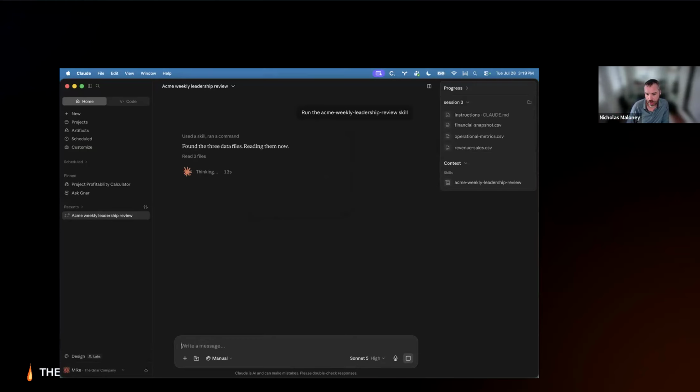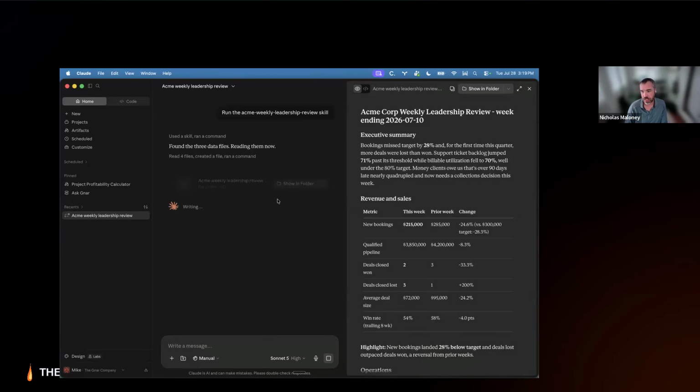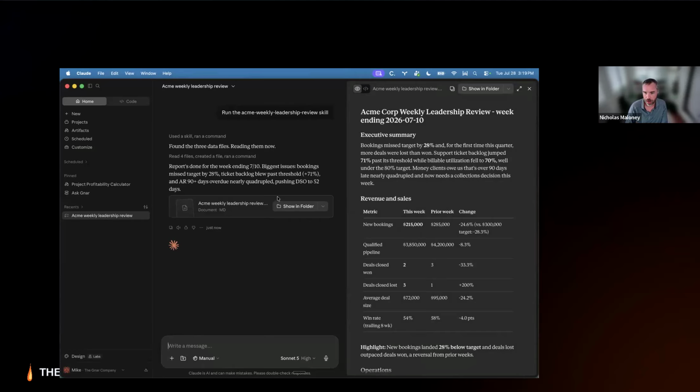And the more skills you have, the more your context window can be consumed by the descriptions. It's pretty generous, but I wouldn't recommend installing hundreds of skills. Keep that list pretty pruned to the ones that you use most and add in experimental ones. I've learned from experience, if you go nuts on the public marketplace and install dozens of them, sometimes it can cause some confusion. So just something to keep in mind. It never hurts to periodically audit what skills you have installed and maybe do some spring cleaning.